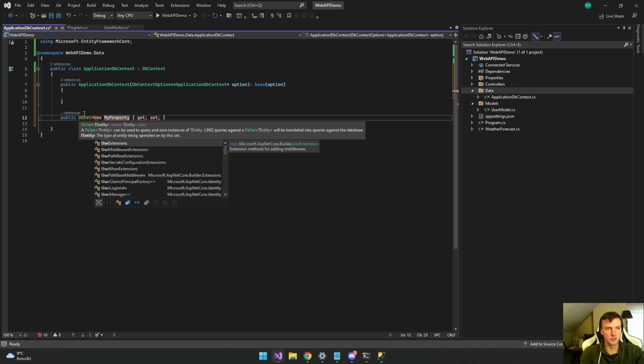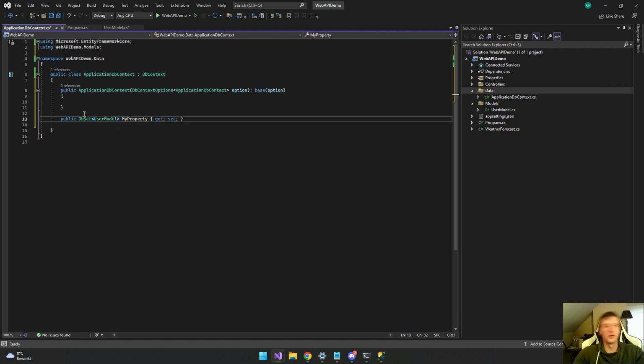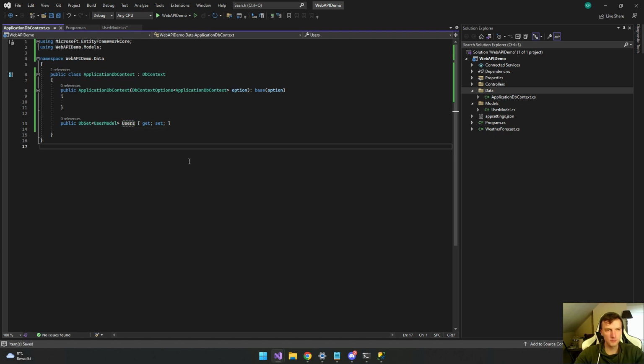So we have a user model, and the name you give it right here is the name it will get in the database. So let's call this one Users. Save this.